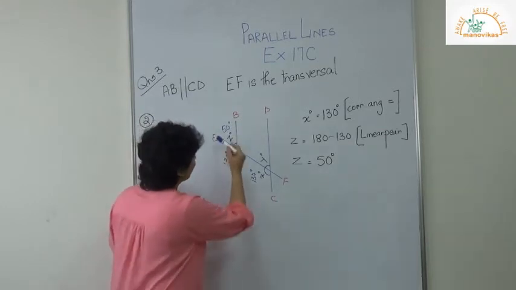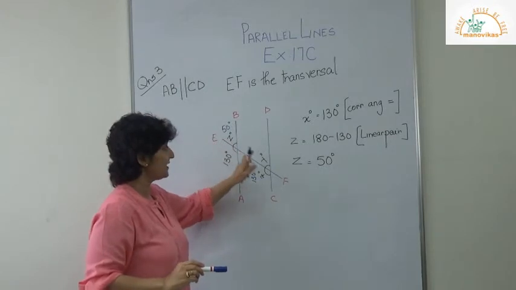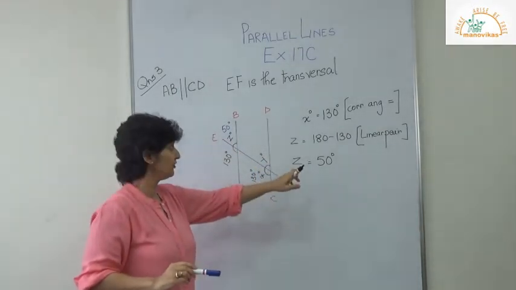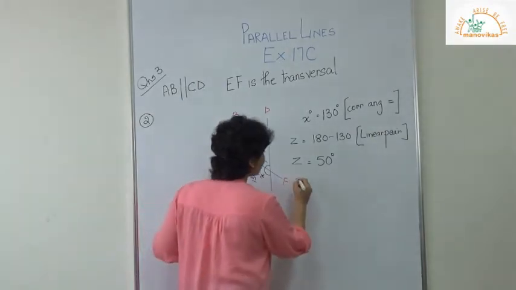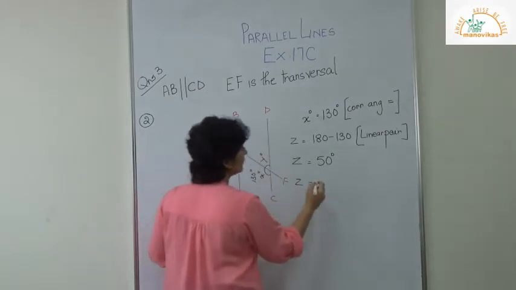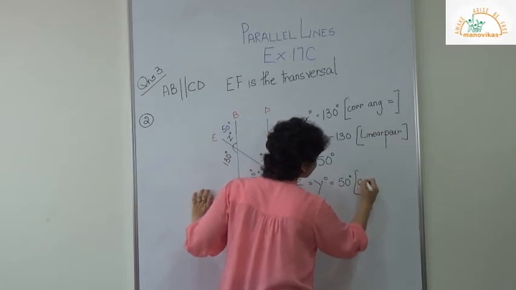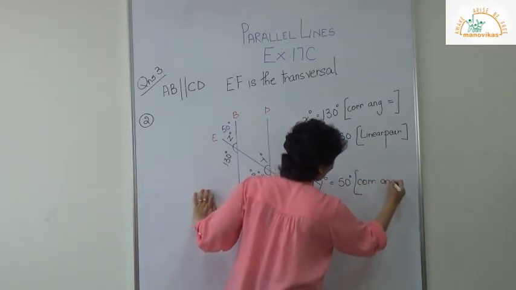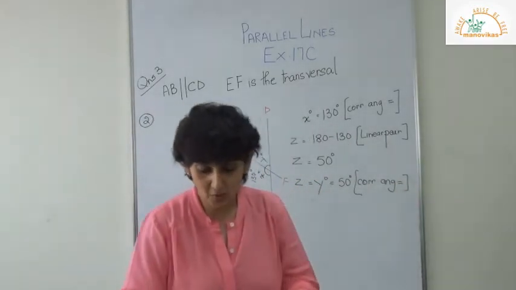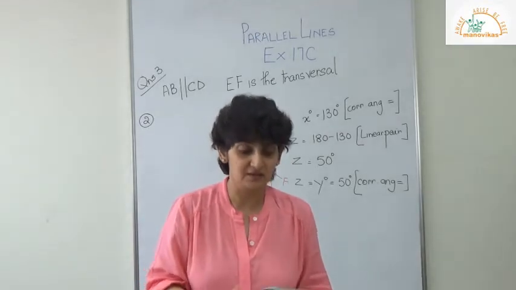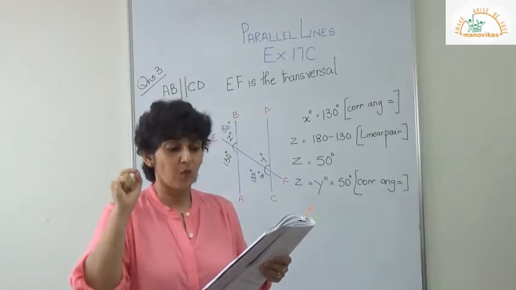Now, children, if you take L shape and L shape here, so what do you get? Z is equal to Y, which is equal to 50 degrees. Corresponding angles are equal. You will write that Z is equal to Y, which is equal to 50. And what is your reason? Corresponding angles are equal. Is that clear? Have you understood? Alright. Now, in question 3, the third sum, you will work out, children. Look at it properly. What is given to you?